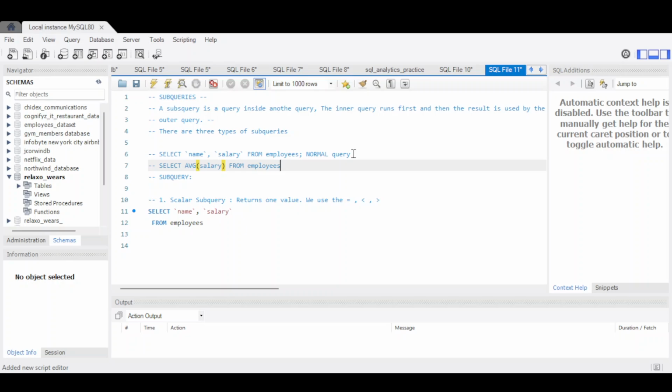So this is another query. You can write a normal query as well. It's also a normal query. Now, once this one appears inside this outer query, it becomes a subquery. So you write where, now we want to get employees that have salary greater than the average